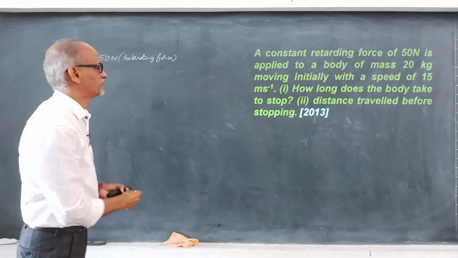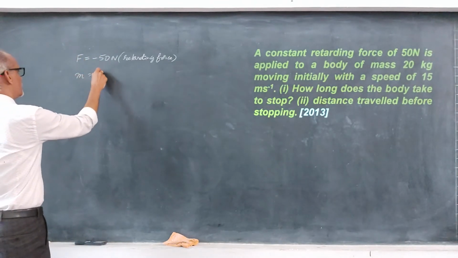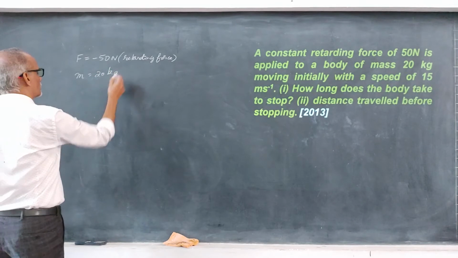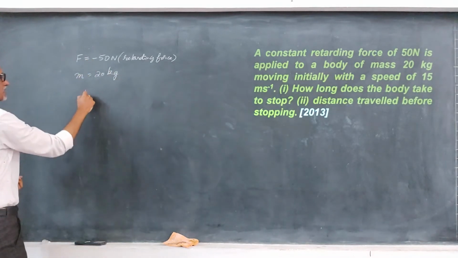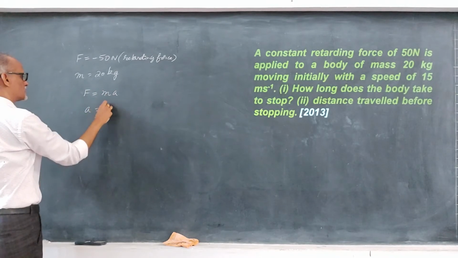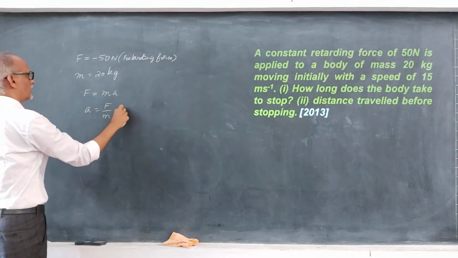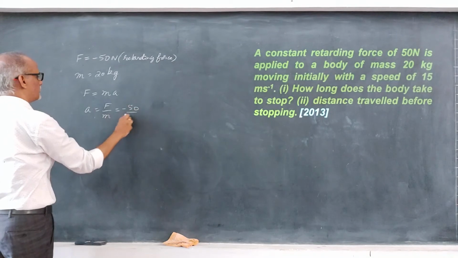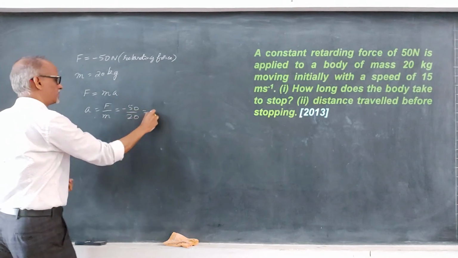A force is applied to a body of mass 20 kg. So mass is given, 20 kg. Based on this, I can immediately calculate the acceleration. F is equal to ma, so a is equal to F by m. F is minus 50, m is 20. The 0 will get cancelled. 5 by 2 is 2.5,